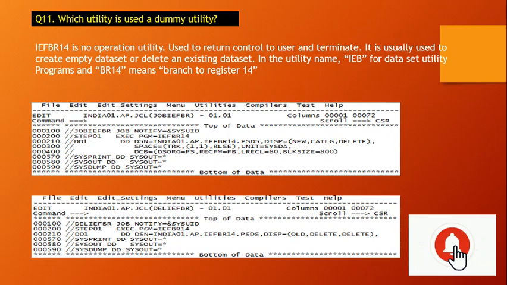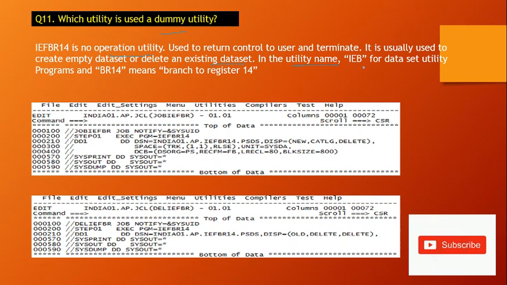Which utility is used as a dummy utility? IEFBR14 is a no operation utility used to return control to the user and terminate. It is usually used to create an empty dataset or delete an existing dataset.